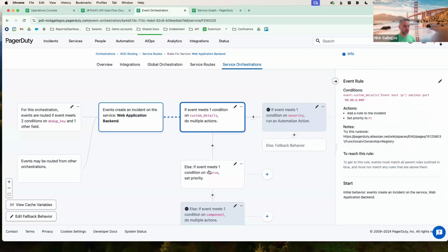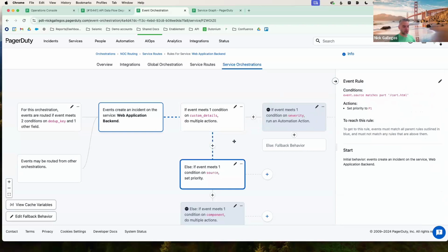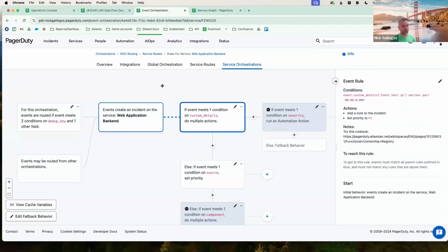Hey, if it doesn't match this, then let's fall down and run this rule here, right? So again, event orchestration, a whole really cool set of features that you can do all kinds of cool things with, and not only route incidents to the correct services based on that JSON payload, but once they get to that service, once the correct team is notified, you can